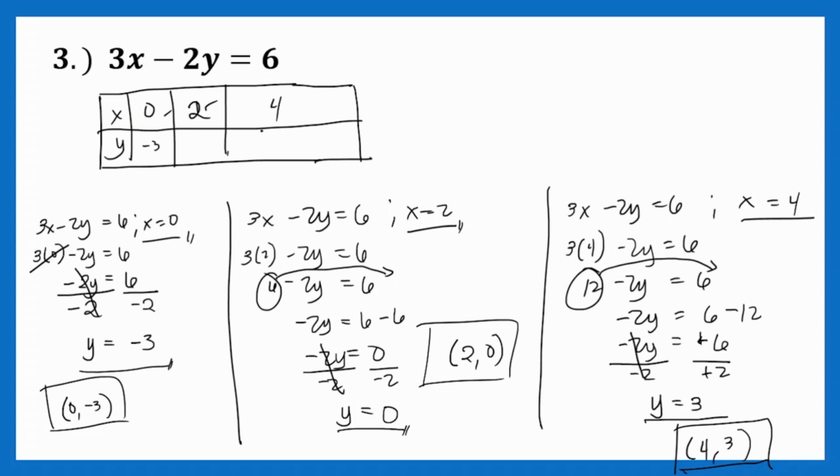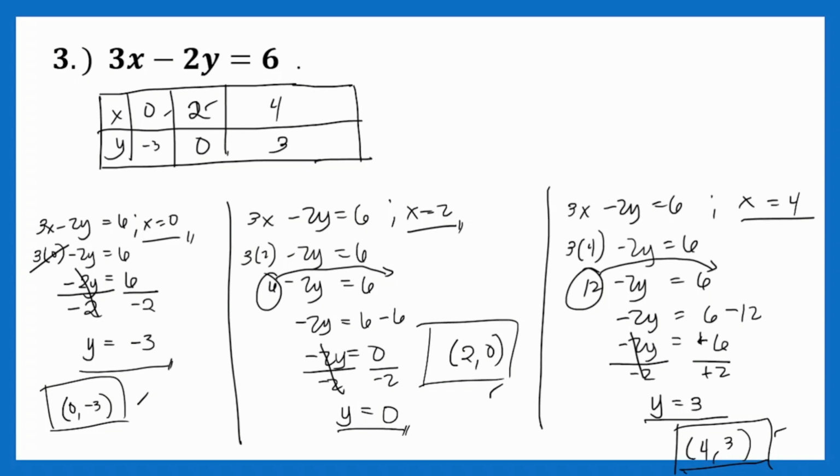So, let's double check natin yung mga ordered pair natin. 4, 3, 2, 0. Ito yung table of values. 0, negative 3. Ayan. 0, negative 3, check. 2, 0, check. 4, 3, check. Ayan. So now, ganun lang. Ganun ang pagsasolve. Okay? So now, let me proceed to my graphing paper para ipakita sa inyo kung paano i-graph